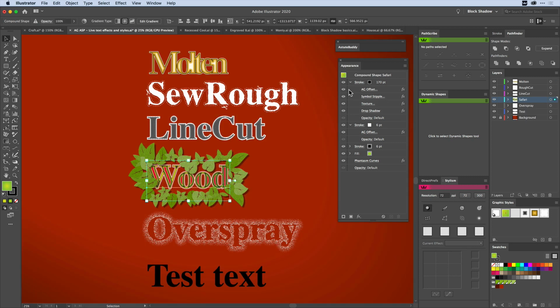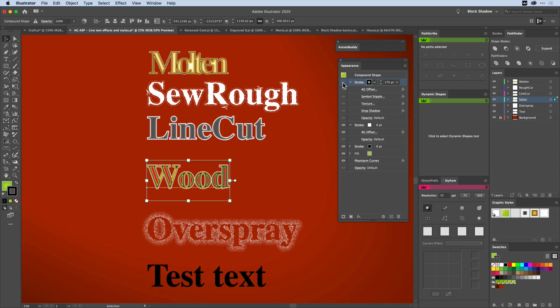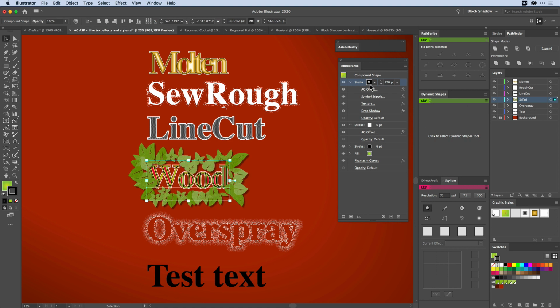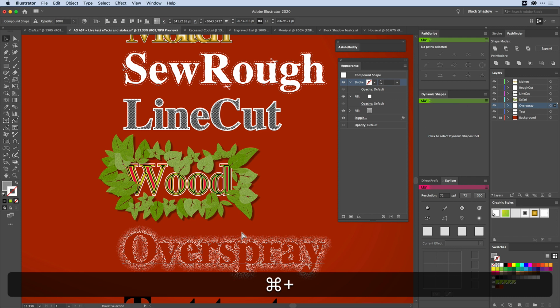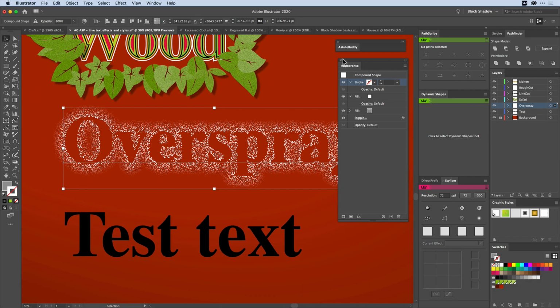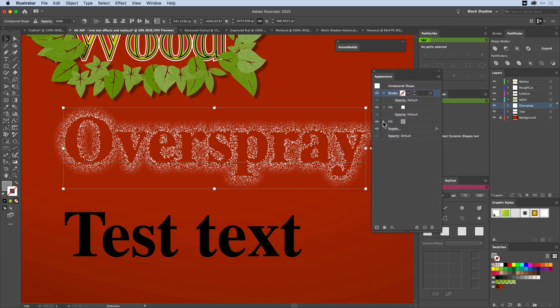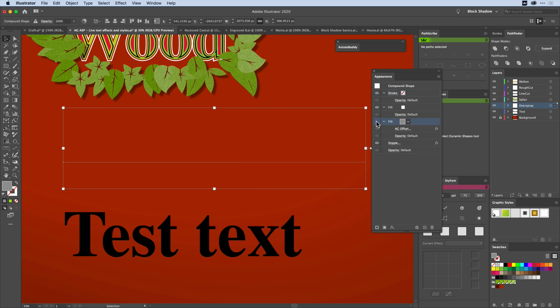But if I go to this one and if I turn off the top stroke, you can see I've removed the leaves. So that whole entry there, that stroke, was only to create those leaves. How I've done it? Well, I recommend going into this file and breaking it down, having a look at what's going on. So if I select this overspray one at the bottom, go to the appearance panel and break it down again. Expand out the fills or the strokes if they're not expanded. And I can look at, for example, this fill. What was that fill? Okay, that was the main area. Okay, let's turn it back on again.